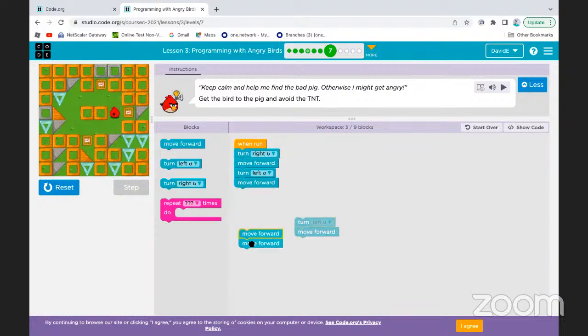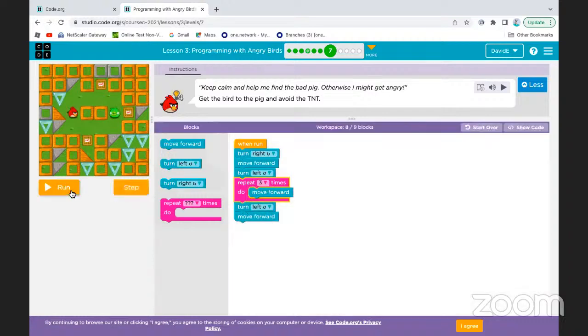So I remove these two move forward. And then put repeat. So where do I put this one? In the, yeah. Okay. And how many times should I put? 3. Okay. And let's see if it still works.